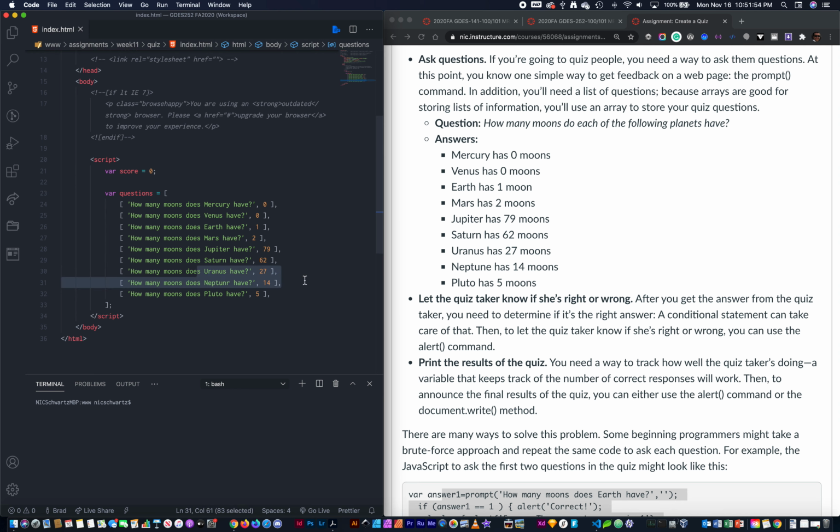So Uranus has 27. Neptune has 14. Pluto has 5. So since Pluto is the last in the list, we want to delete the last comma there for the separated list, and then save our array here. So now we have our list of questions, and